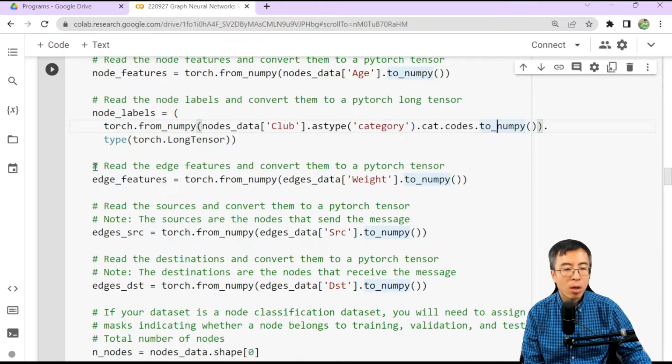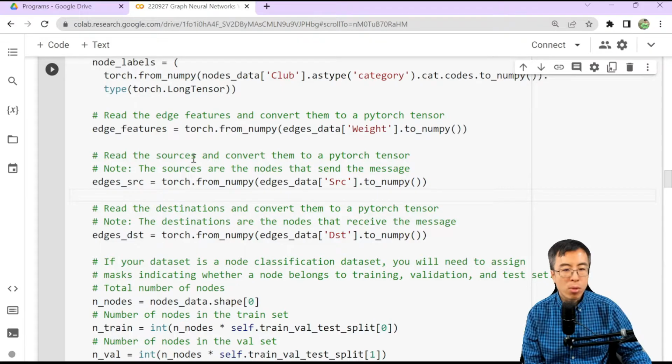And we can also read the edge features and convert them to a PyTorch tensor as well. The only edge feature we have is the weight of the edges, and we can read that from the data frame, edge data, convert that to a NumPy array, and then further convert that to a PyTorch tensor.